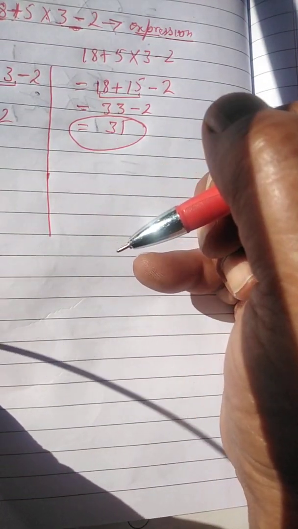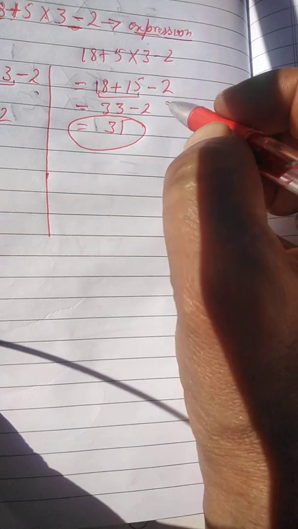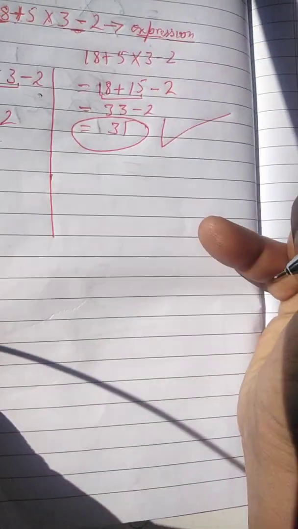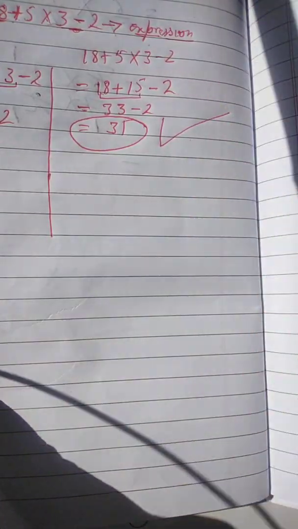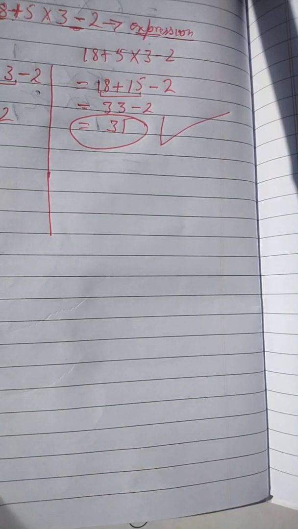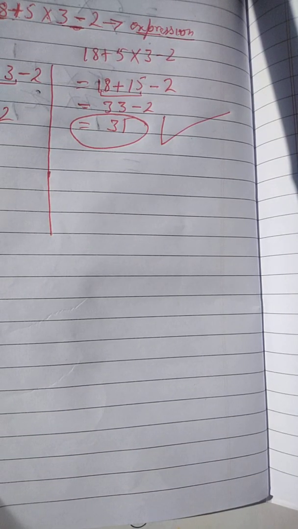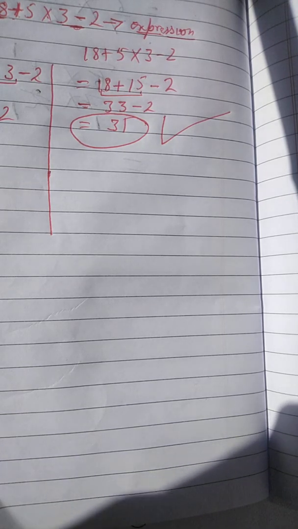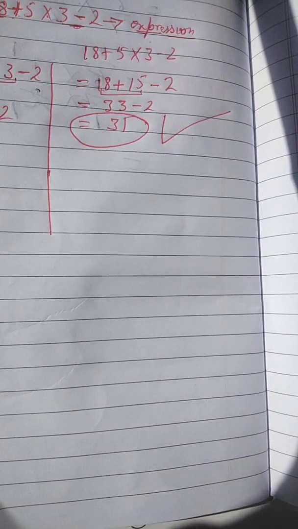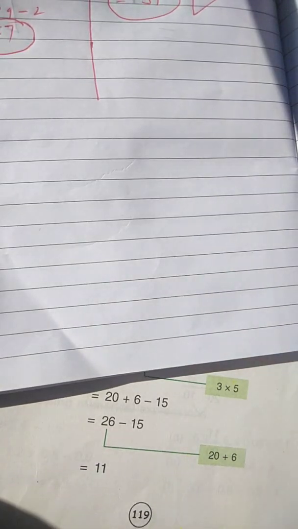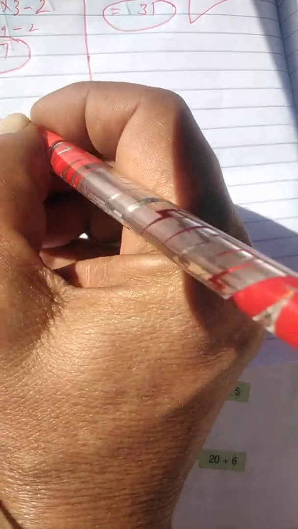Now the question is, which one is correct? Here this answer is correct. Why is it correct? To solve the numerical expression we have to follow certain steps. When we are using the four fundamental operations, which operation will we solve first? That is decided by a simple formula, that is BODMAS. We say it BODMAS,